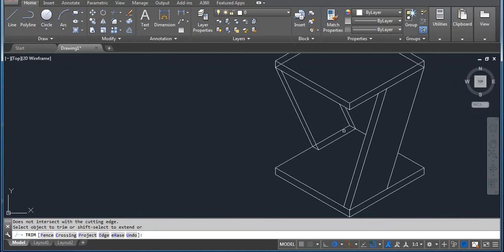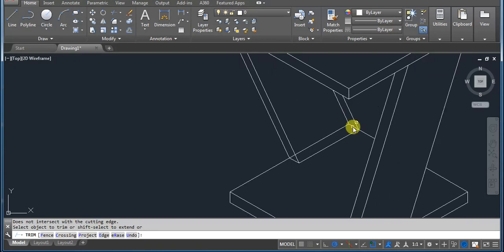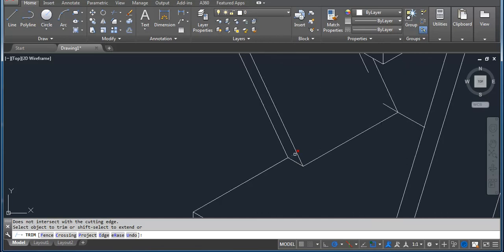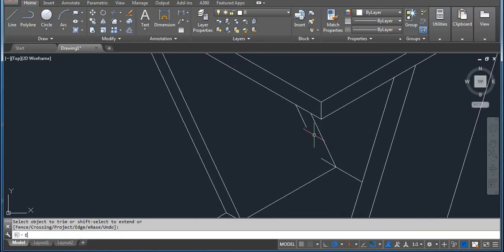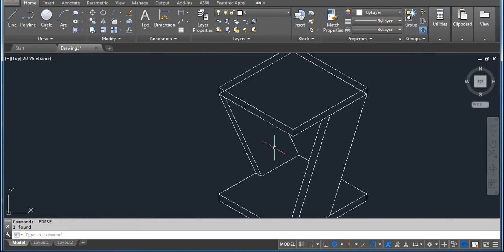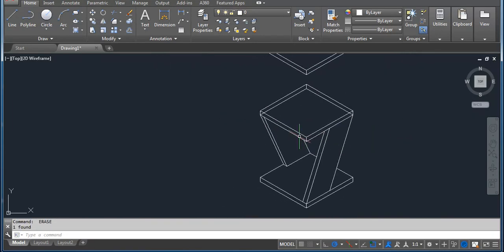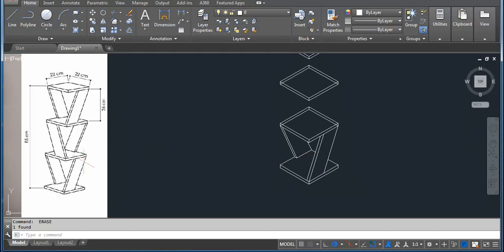ये पोर्शन भी हमें नहीं शो होगा, ट्रिम, और ये लाइन है नॉर्मली इरेज इट, E एंटर एंड देन सिलेक्ट लाइन, E एंटर एंड देन इरेज इट। नाउ यू कैन सी दिस पार्ट इज डन। अब जो ये है, ठीक है, हेयर वी हैव टू ड्रॉ ऑन फ्रंट,